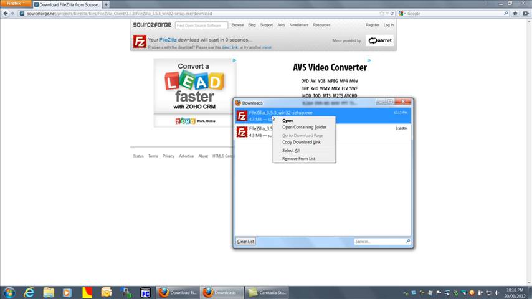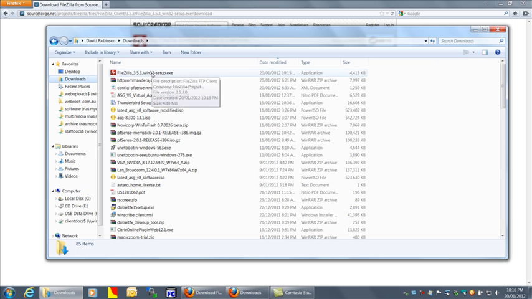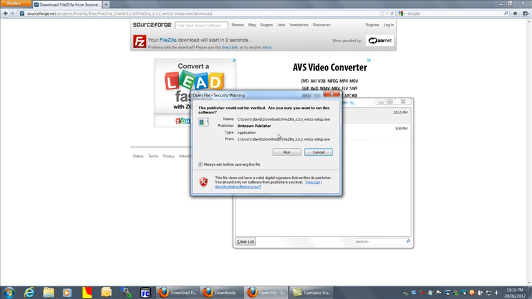I can do it directly from here with Firefox, but it also went into the downloads folder, so we could double click on it there. It doesn't matter where you downloaded it to, only need it once, and that's to do the install. So we open or run that file,